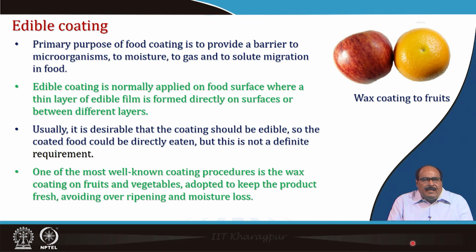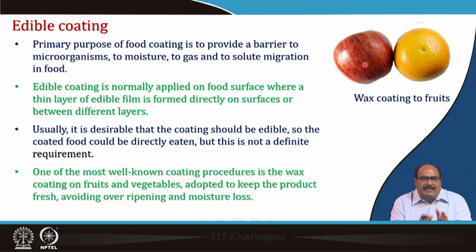So, let us see what is edible coating. First thing, the primary purpose of food coating is to provide a barrier to microorganisms, to moisture, to gas and to solute migration in food. In fact, there are various coated fruits available in the market now. Edible coating is normally applied on food surface where a thin layer of edible film is formed directly on the surface or